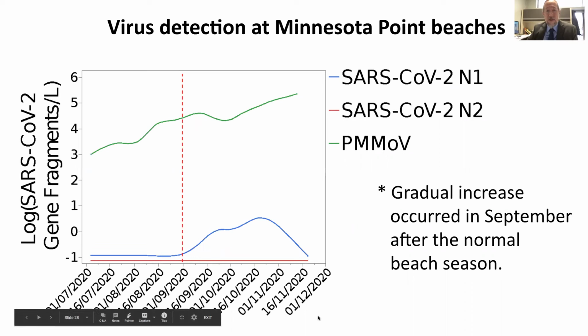Minnesota Point beaches, the big long sand spit. So there as well, we saw virtually no SARS-CoV-2 all through the beach going season when there were people in the water. And then at the end of the season, you have to understand in Duluth in September, the air temperature is pretty nice, but it's not nice enough to be in the water. And we saw a little bit of increase in pepper virus, and then we saw some minor increase in SARS-CoV-2